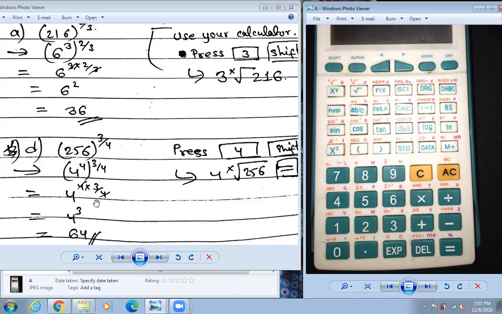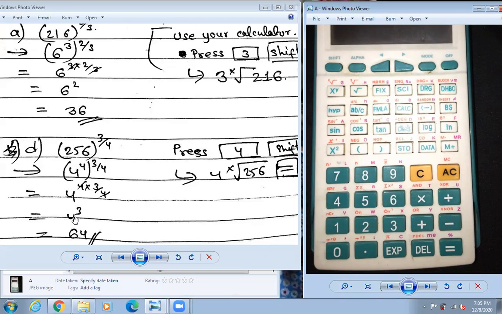Most of you don't know how to use the calculator, or what 4 power 3 is. What is the answer of 4 power 3? Someone says 4 times 3 is 12. No, this you are not going to multiply, you are going to repeat the number. 4 cube is 4 into 4 into 4, multiplying the same number 3 times. If there is 4 power 4, then 4 into 4 into 4 into 4, that means you are going to multiply the same